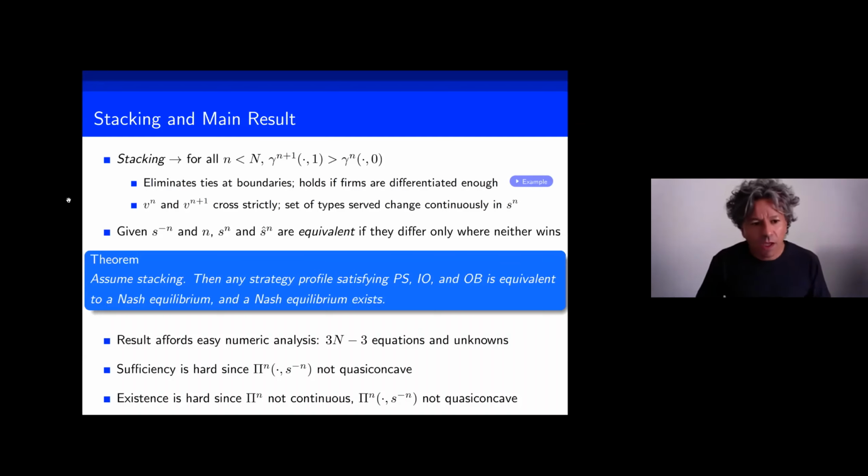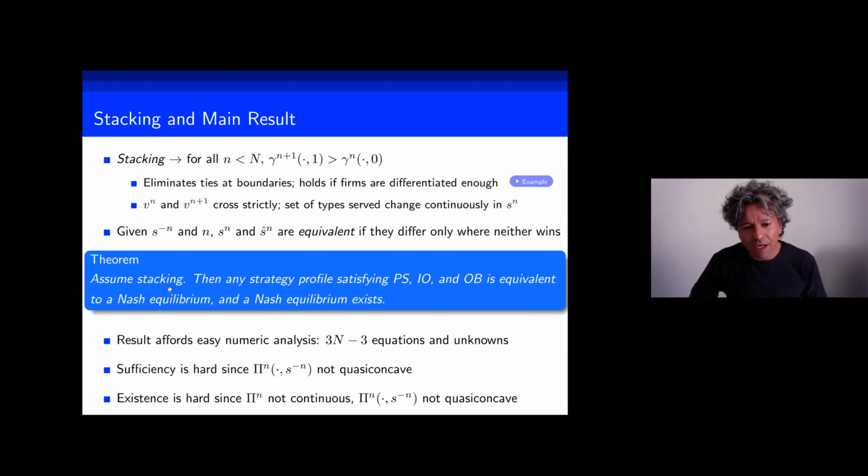Now, we say that given the strategy of every other firm and given a firm n, two strategies are equivalent if they only differ where they are not winning types. So in the irrelevant parts of that strategy, if you want. So given that notion, we have the following, which we consider a central result of our paper, that under stacking,